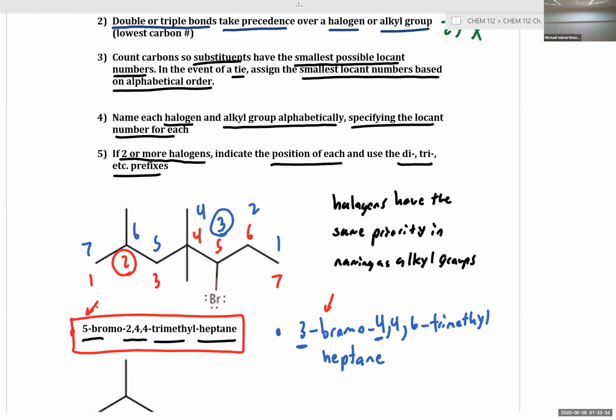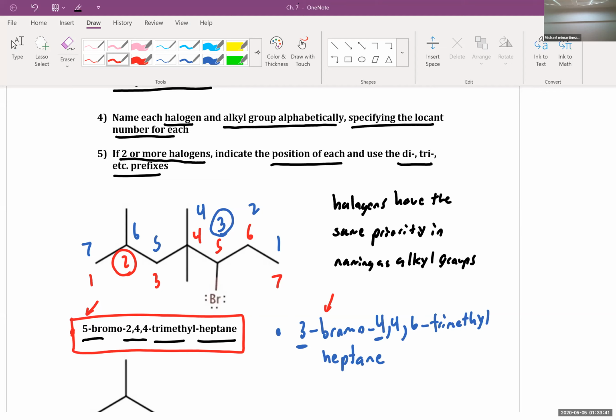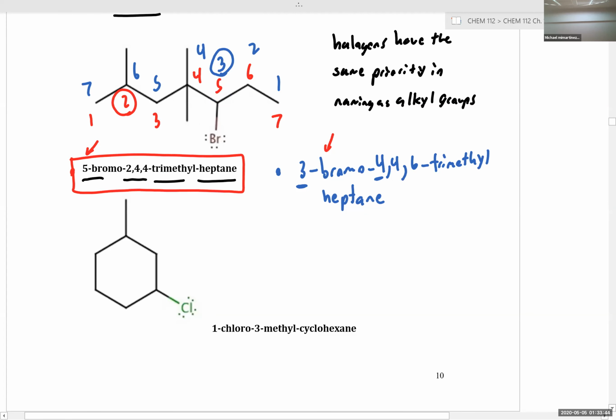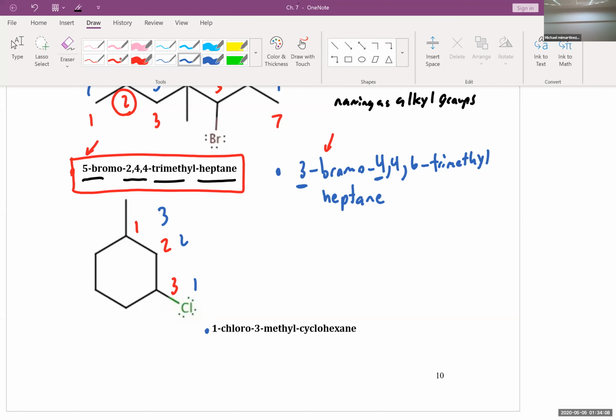And let's look at a few more examples. We'll do these examples together, and then I'll let you loose to handle a few examples on your own. So in this case, we have 1-chloro-3-methyl cyclohexane. The longest chain, we don't have to worry too much about that. There are 2 numbering conventions: in red, which is clockwise, or in blue, which is counterclockwise. In blue, we get 1-chloro-3-methyl cyclohexane. In red, we get